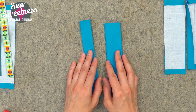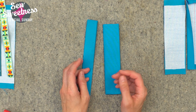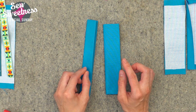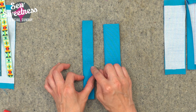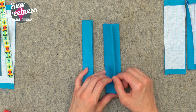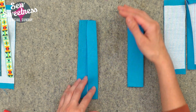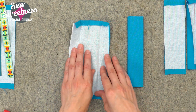So for the double fold bias method, you'll need to know the finished width of your strap. Two common widths are 1 inch wide finished and 1.5 inch wide finished. So you're going to multiply the finished width that you would like times 4. In this example, for the 1 inch wide strap, multiplied times 4 is 4. For the 1.5 inch wide, multiplied times 4 is 6. So that's how wide I cut this. Obviously for this example, this is not a full length strap, but I felt like this short piece was enough to